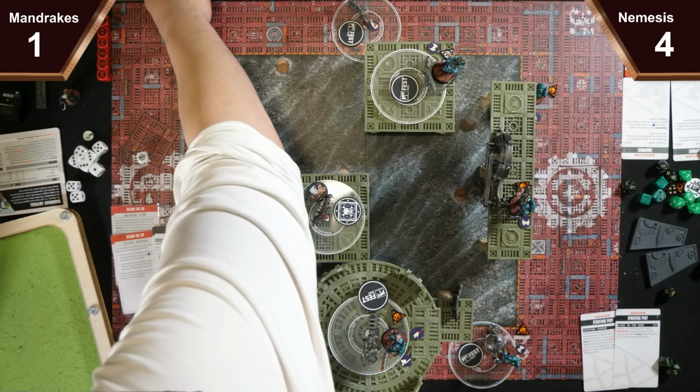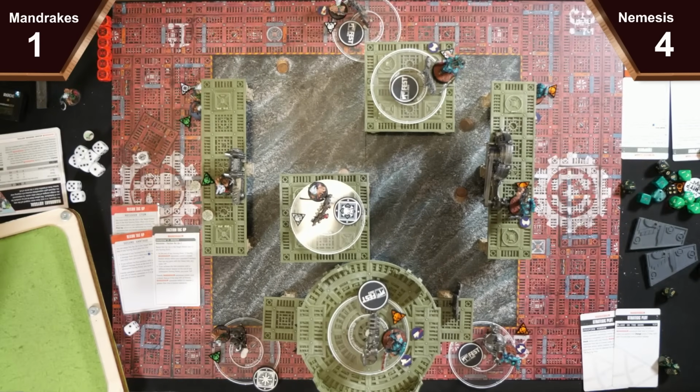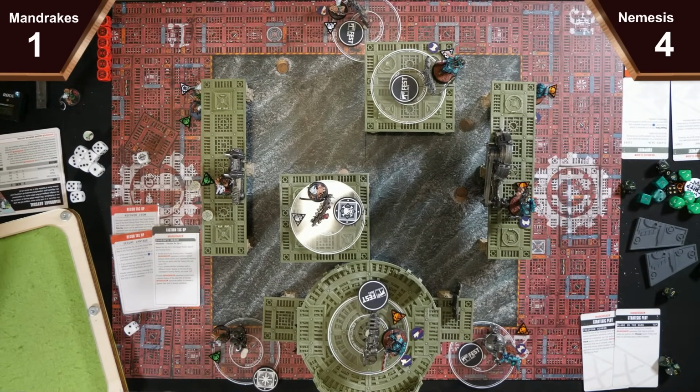So this guy will switch to conceal. Yeah, so I'm going to move into there and get Terrachemmed. You get Terrachemmed. So at the start of the turning point, I'll take D3 more wounds. It's in the ready operative step. Your turn. Yeah, we'll activate the